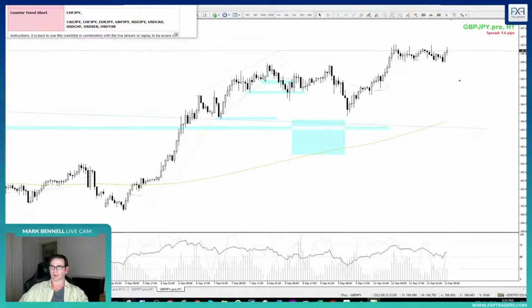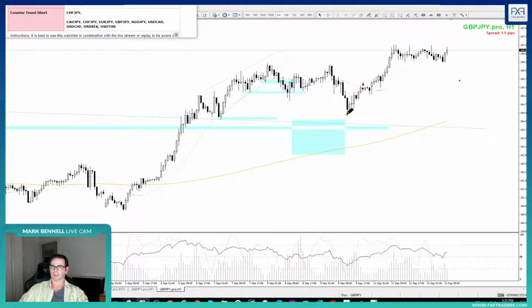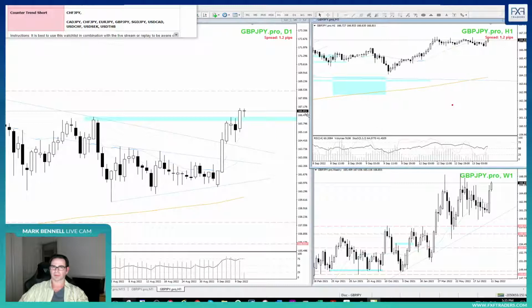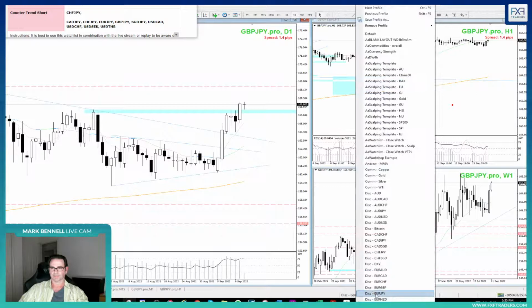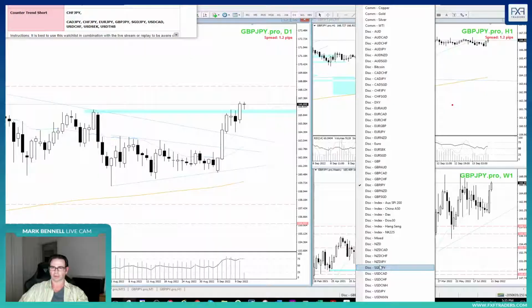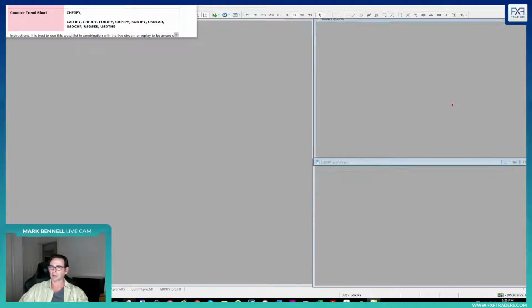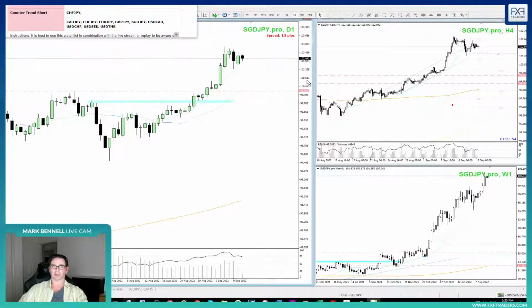And look, it's up to you whether you want to attempt some of these long. Yeah, we do have a nice little high tight flag in here. It's up to you whether you want to have a go at some of these. So it's kind of washed off a bit of the extension. So that was what I was seeing on those, and no, we didn't really get a lot trigger. The one that I did get got a bit of a poor outcome. But anyway, it is what it is.